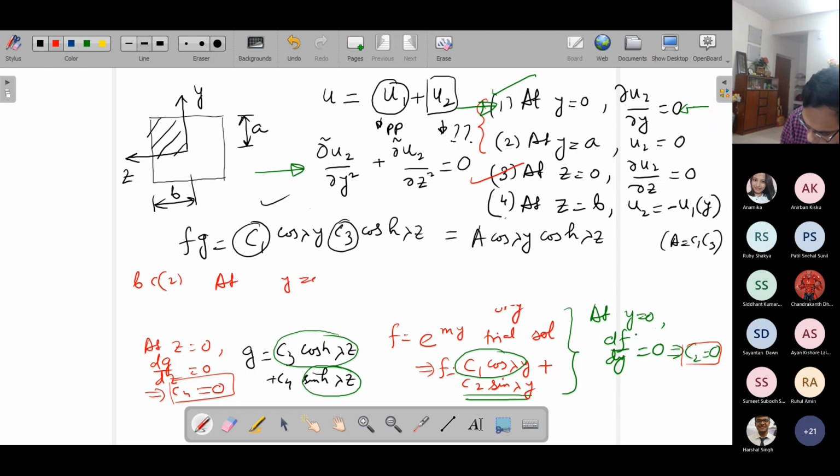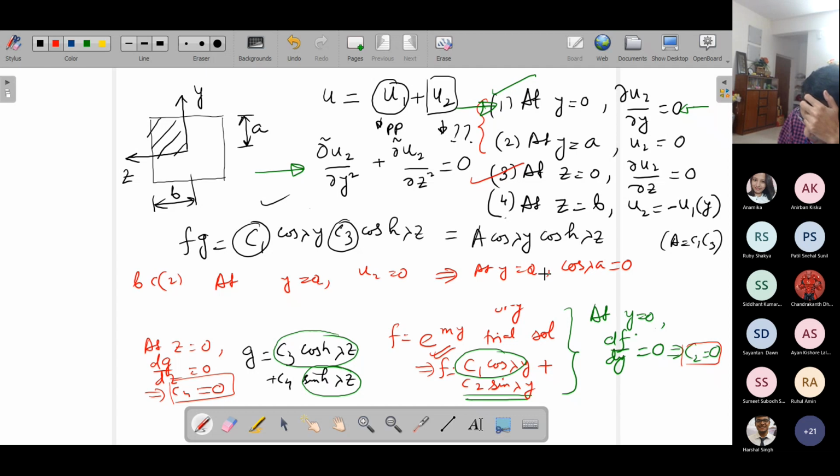At y equal to a, you have u2 equal to 0. Right. So at y equal to a, u2 equal to 0 means, y dependence is coming from where? Y dependence is coming from f. That means at y equal to a, you have cos lambda a equal to